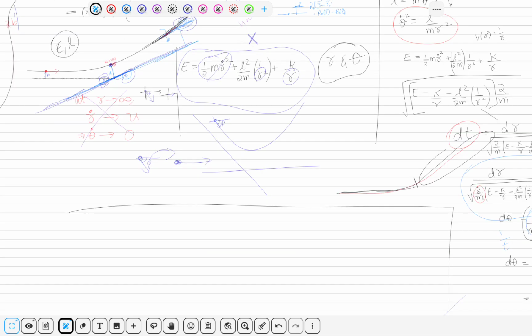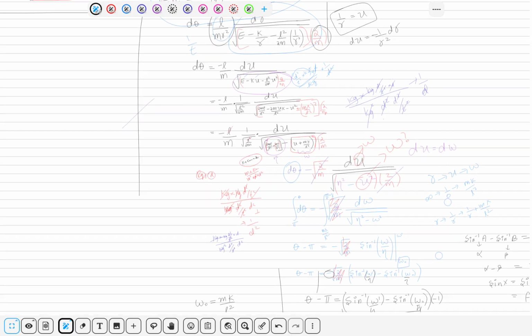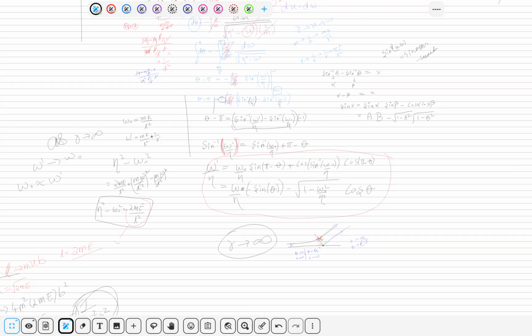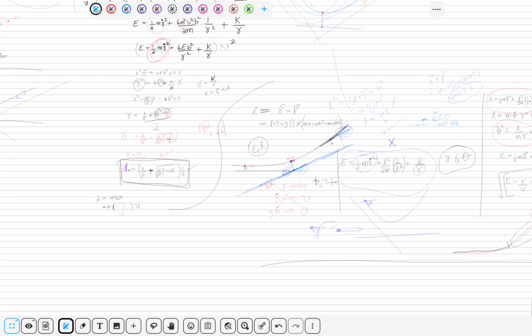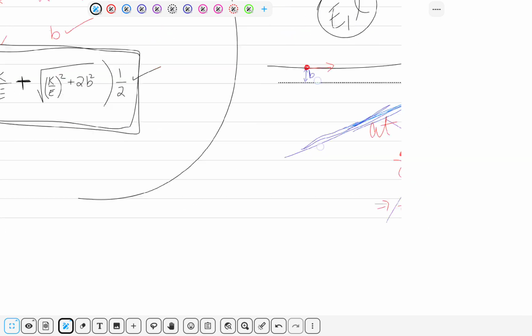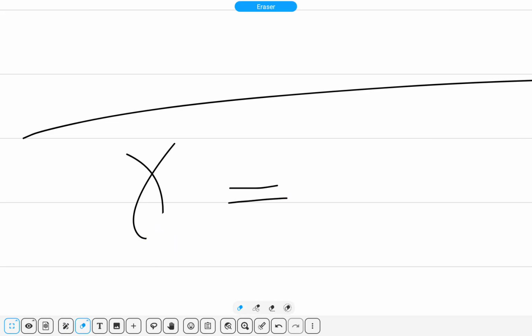So what was the relationship between my impact parameter and something I found right 2 days ago? Angular momentum, impact parameter, all those things. I did some calculations to find this thing, the distance of closest approach. I need this. Let me keep this one. Distance of closest approach, I will just say R naught maybe. This is equal to R_C, the distance of closest approach. The distance of closest approach is